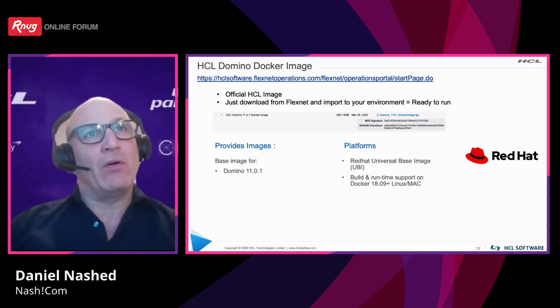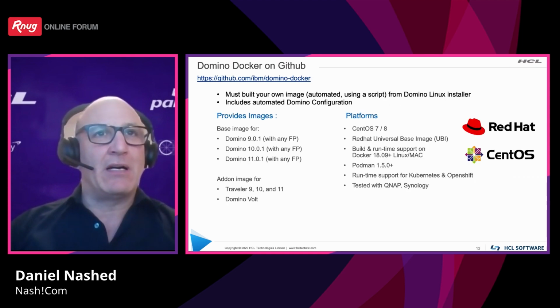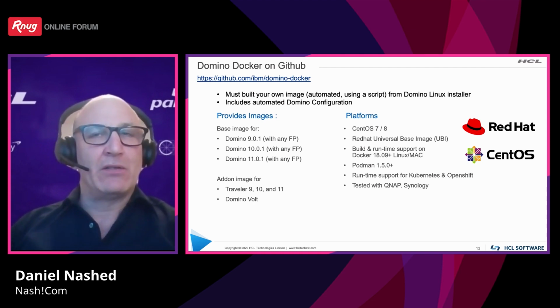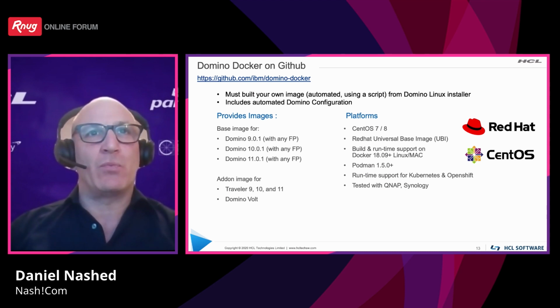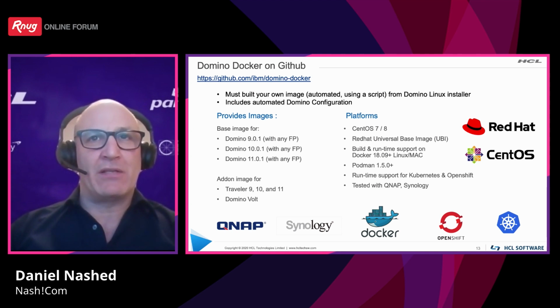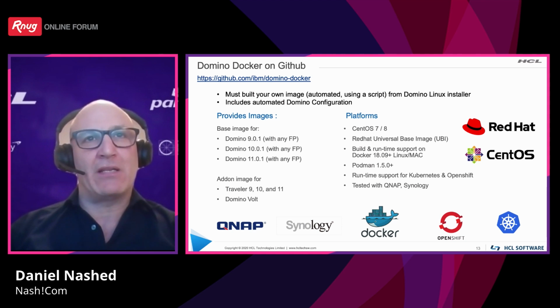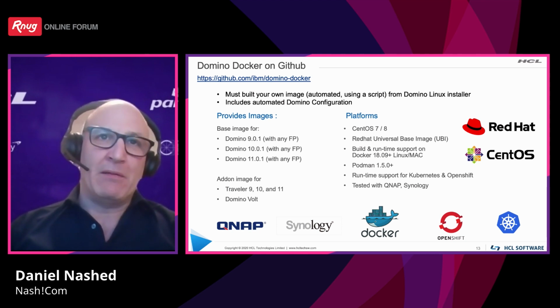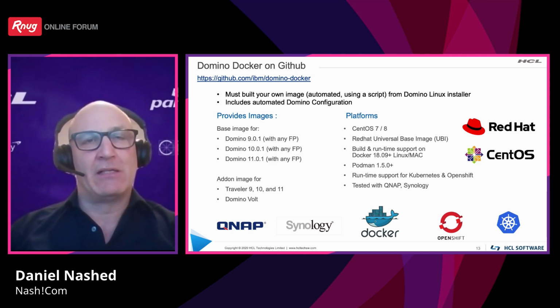At the same time, or earlier, Thomas and I had created a GitHub project where we already started with release 9.01 to deploy Domino on Docker with a community version of the image. So we took all the feedback from the community and built it into a Docker file, which is then a Docker image when you build it in your environment. That is like the playground and the sandbox for new features, and we're taking that and giving feedback to HCL internally to make features available,